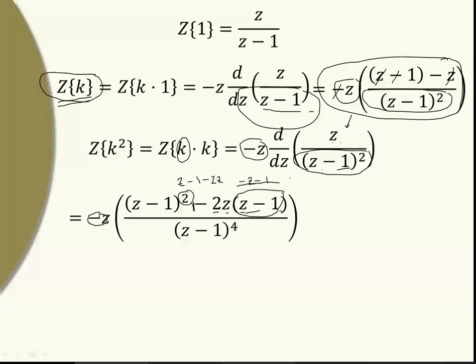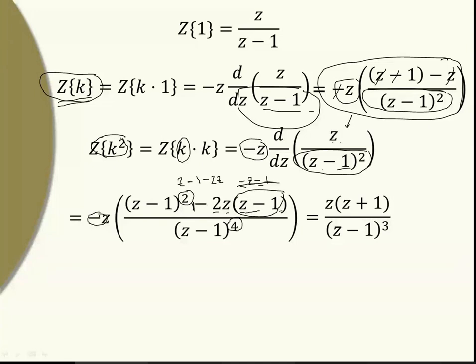Correct? So one Z minus 1 gets cancelled with one of the terms from this. The remaining term will form minus Z minus 1 multiplied by minus Z divided by Z minus 1 cube, because one term gets cancelled. So all this negative and these two negative terms get cancelled. So it becomes Z into Z plus 1 upon Z minus 1 cube. Okay, so this is the Z transform of K square.